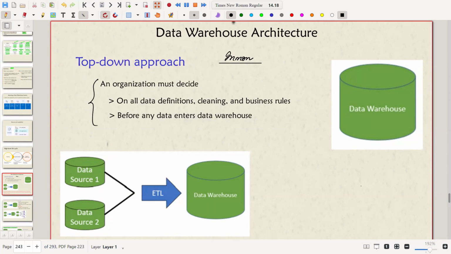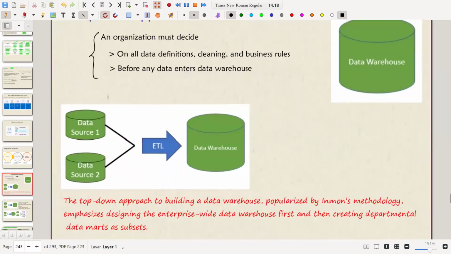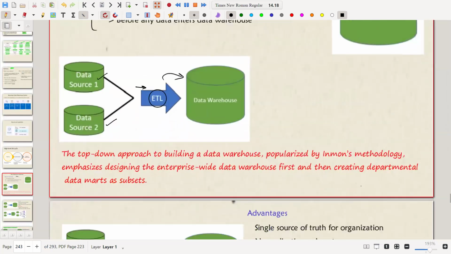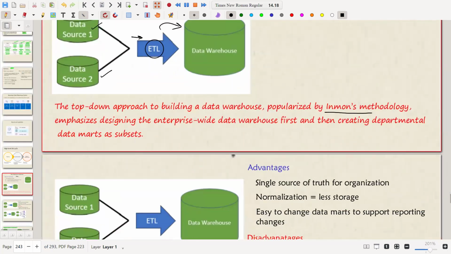So that's why people thought, why not have this approach: before we directly put the data into the data warehouse, let us collect it from different data sources. As you can see here, these are the different data sources, data source 1, data source 2, and it is fed here, and after that it goes through this ETL transform, right? Extract, transform, and load. And then you can feed it into the data warehouse. So this is Inmon's methodology, right? This kind of scenario is planned if you want to plan a data warehouse at an enterprise level, so an enterprise-wide data warehouse.